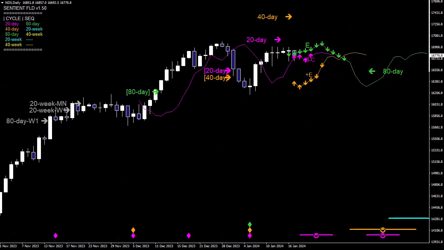And here I have zoomed in on the daily chart just to consider this particular situation. Here is that 80-day cycle trough. Remember, we have different colors because of the different cycles that are our primary cycles on each time frame. Here are the targets of the 20-day and the 40-day cycle on the daily chart, and I have discussed in previous videos why it is that these targets are slightly displaced on the different time frames,